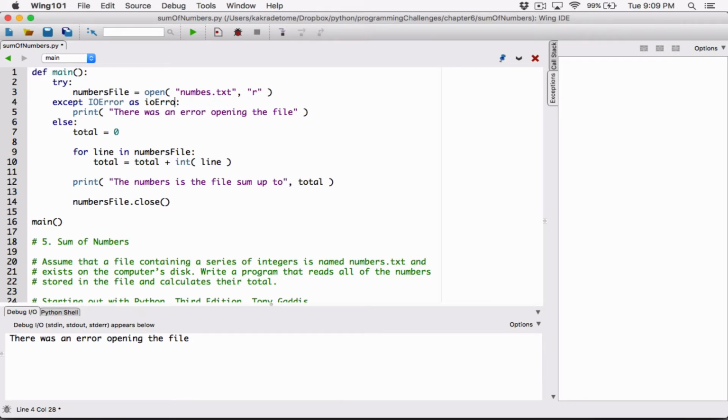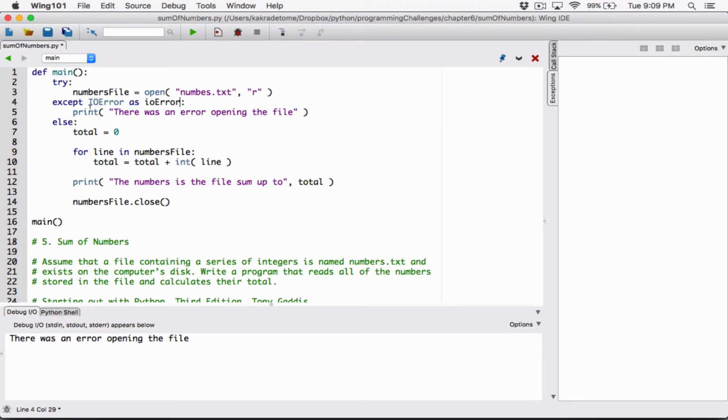Or I'll just say IO error, right? You can call it something, IO error. Yeah, that's it. This name can be anything. All I'm saying is I happen to know this type of exception, because I know the only exception that can result from this is an IO error. I'm thinking that way, and since I know that this is an IO error,